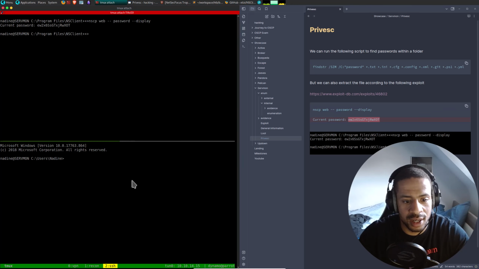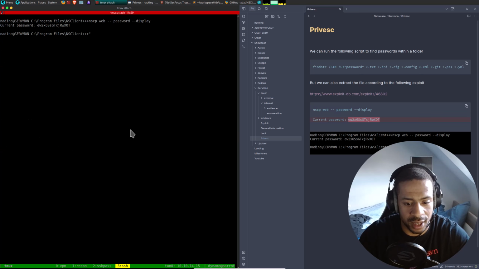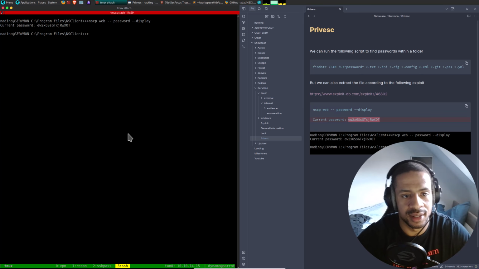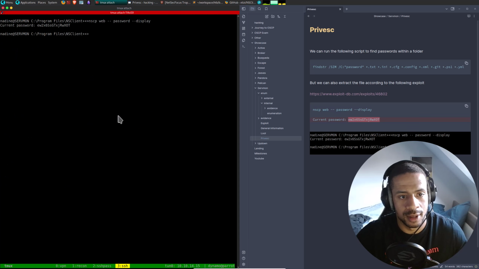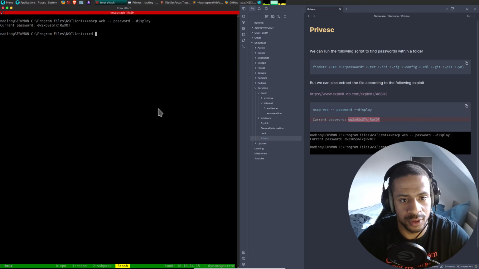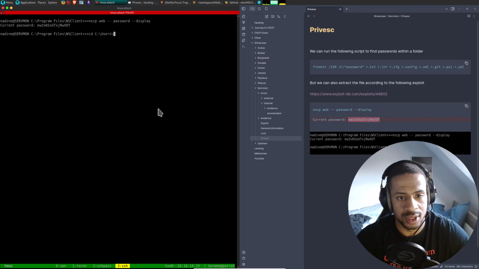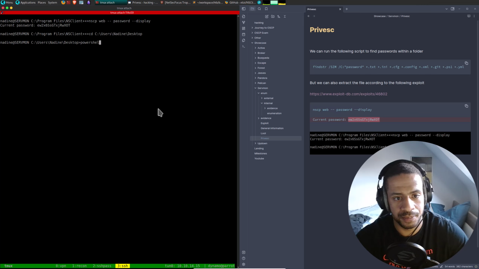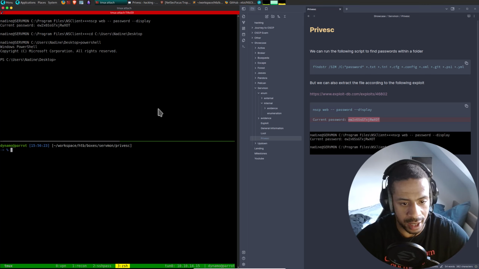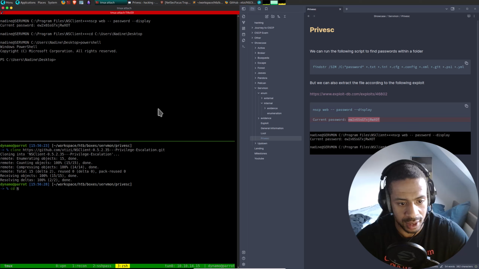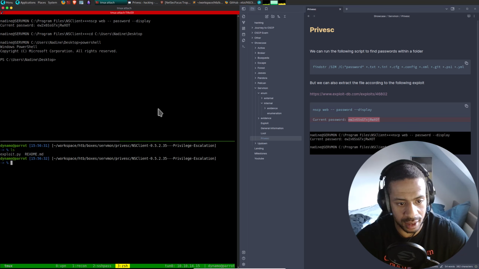So I'm just going to try this one. Let's go here and do the following. This one I have to go to C:\Users\Nadine\Desktop. Load PowerShell. Then here clone the exploit, go inside of it and see what we need.